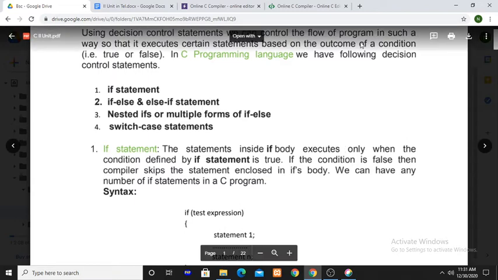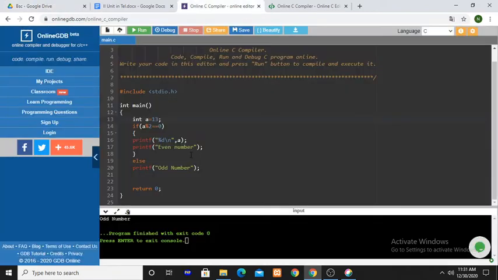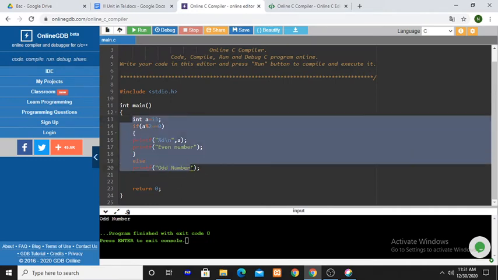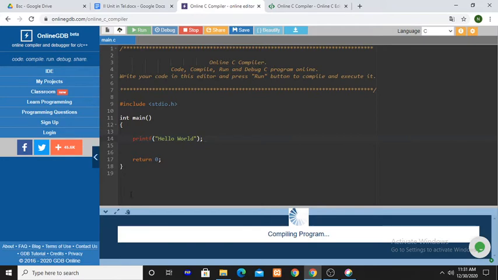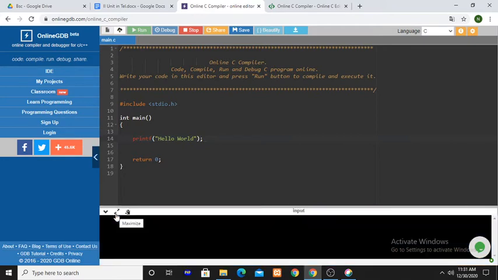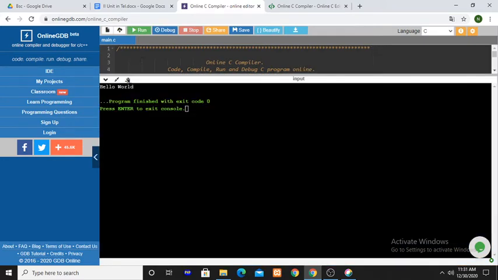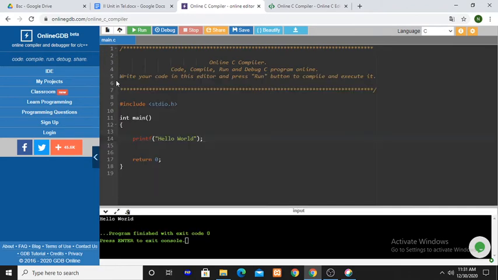For example, this program contains only one single statement, printf hello world. So what is the output of this program? The hello world statement is executed only one time. Only one time hello world is displayed.